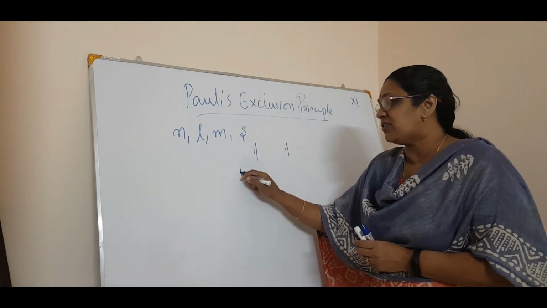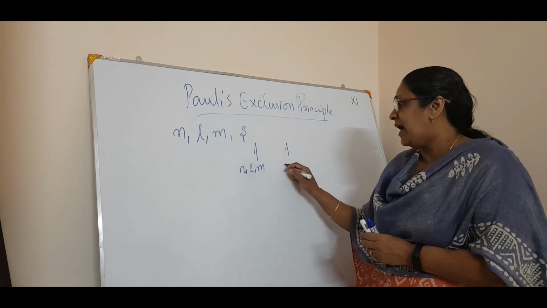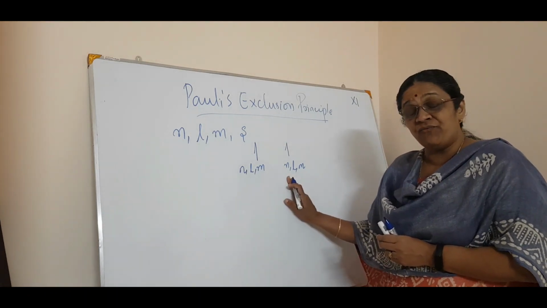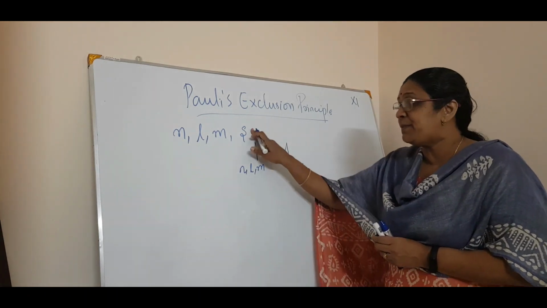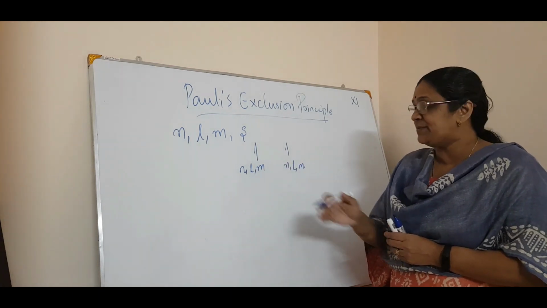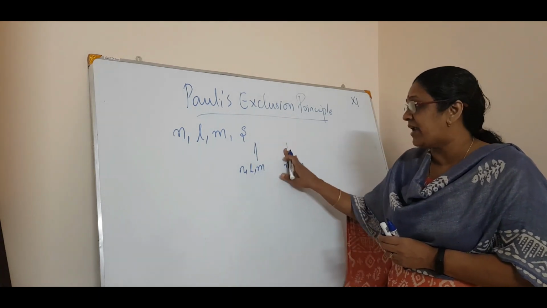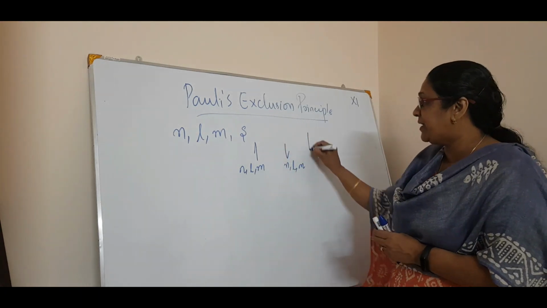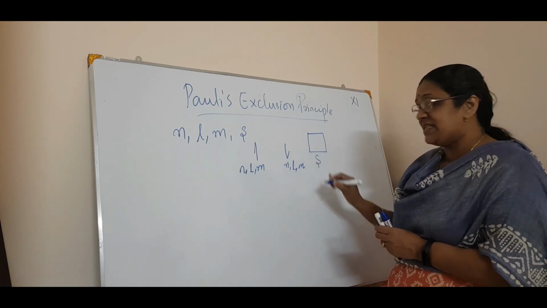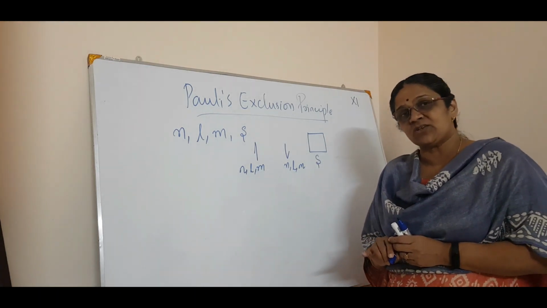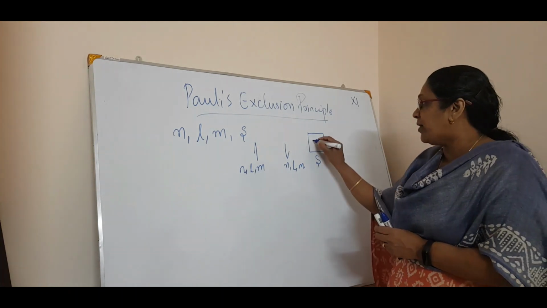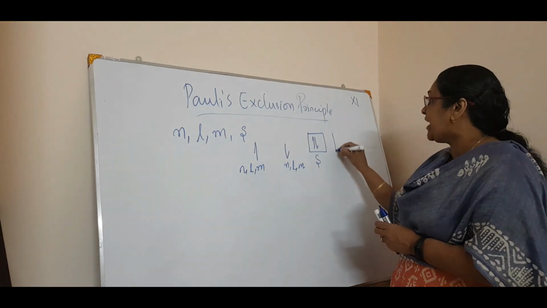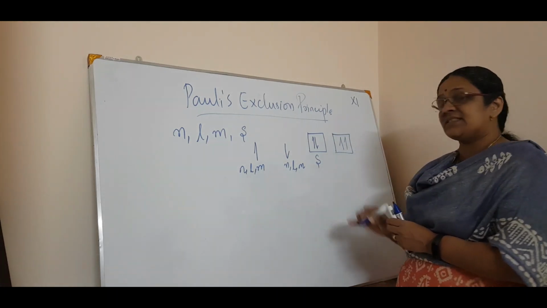Which means that if this electron has got n, l, m and this also has got n, l, m values same, what should be the different one? The spin quantum number will be different, which means one is having plus half and the other is having minus half. That means the electrons in an orbital, say an s orbital. How many electrons can be there in an s orbital? 2, isn't it? So one must be like this and the other must be like this. That means you cannot draw an s orbital like this.